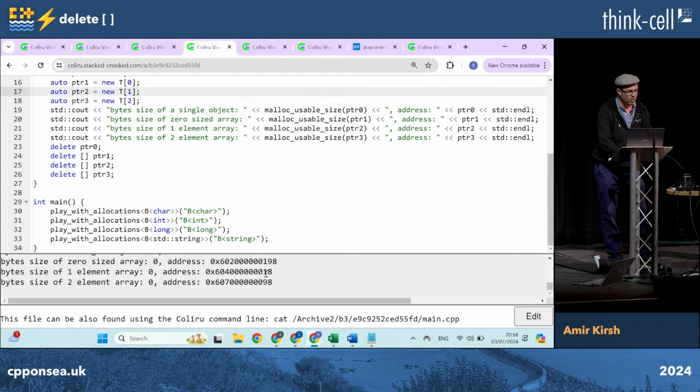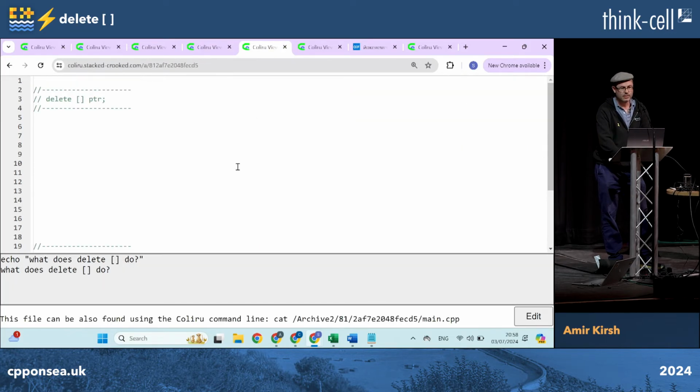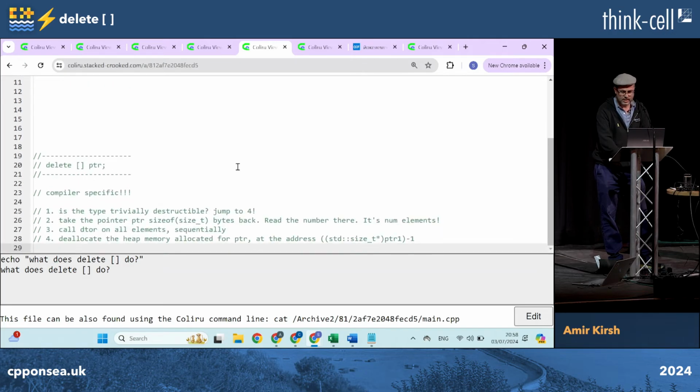How would the compiler know how many items are there when I didn't get the actual allocation? Something looks quite wrong there. So we don't have exactly how it works. Let's go back. How does delete with square brackets work? In fact, it is compiler specific, of course, but